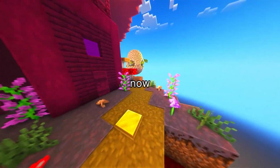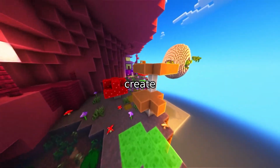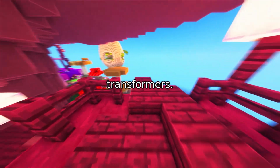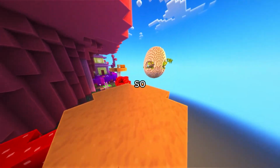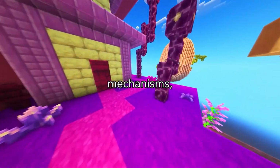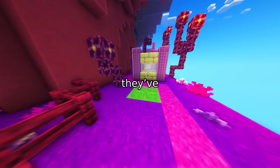Ever wondered how AI systems now write code, diagnose diseases, or even create art? The answer lies in a revolutionary leap in neural network architecture, transformers. But what exactly makes them so powerful? Let's dive deep into the technical heart of transformers, unraveling their mechanisms, mathematical foundations, and why they've become the backbone